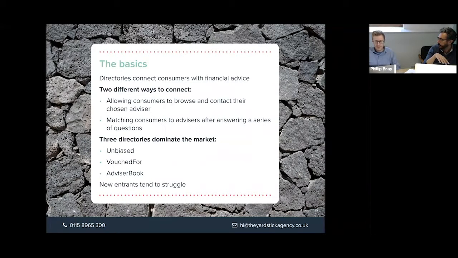Dan, anything coming in? Yes, we've had 2 comments so far. Noel Watson wants to know, it would be great to know if anyone has had any inquiries via AdvisorBook. So if anybody can drop a few comments there just to give us a gauge of whether it's working. And an anonymous user who hasn't filled in their name, very mysterious, has asked what our thoughts are on the PFS Your Money profile. Right, okay. I wonder if the anonymous user is from Unbiased, Voucher, or AdvisorBook.